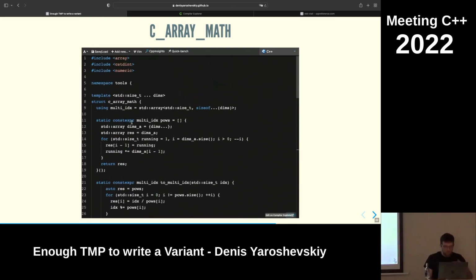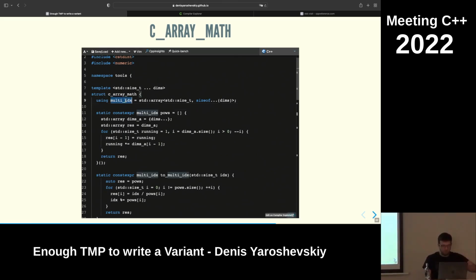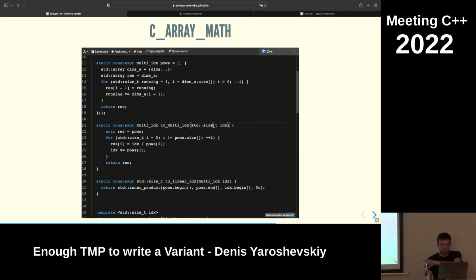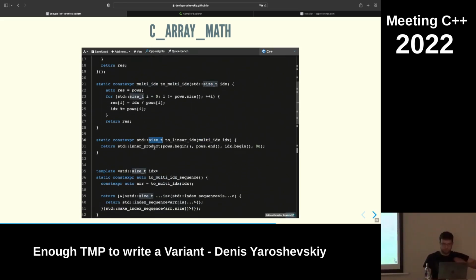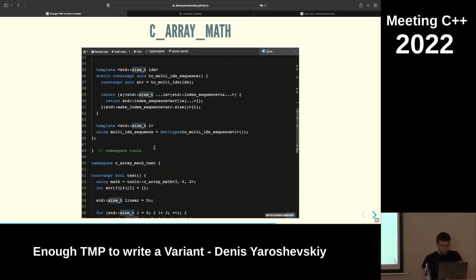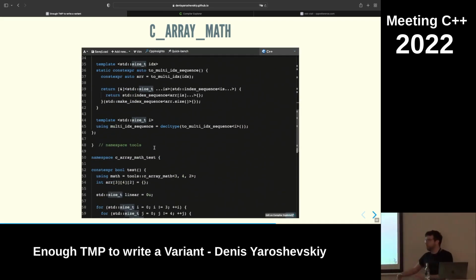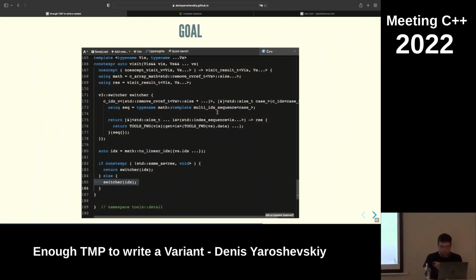Yeah, so this is the math. I just convert from a scalar index to an array of indexes, and from an array of indexes to a scalar index. This is not very interesting. What's interesting is how you apply it. You need to apply it for every element in the array. You need to get an element, do template metaprogramming with arrays, and you can't. So here we are actually using std::index_sequence.